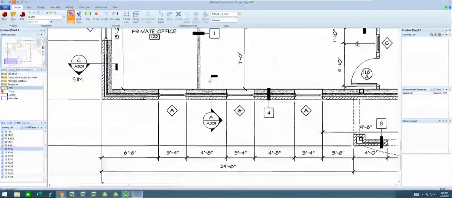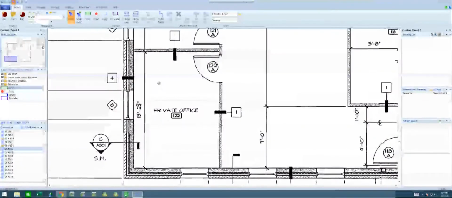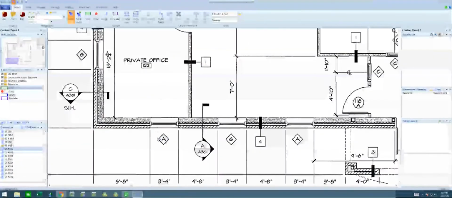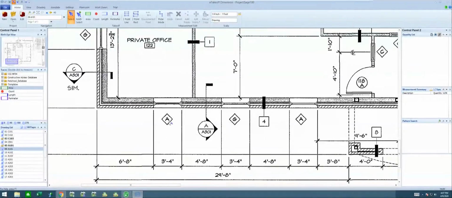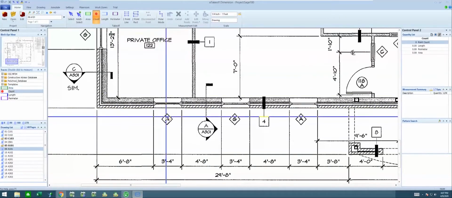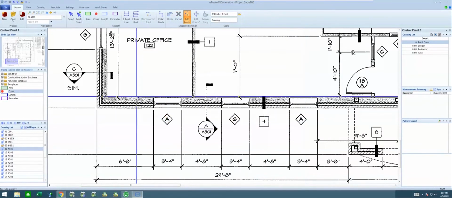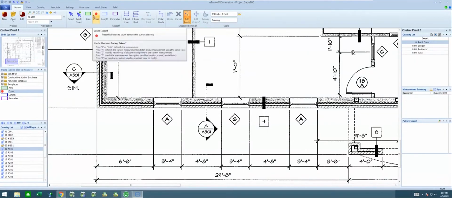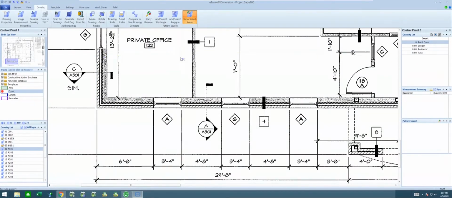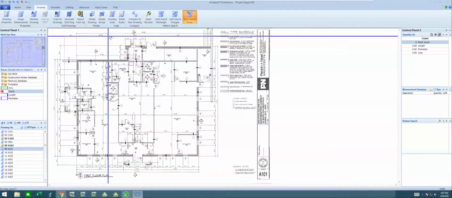And if you notice in this particular image, I've got these window references where I've got some window A's and G's and some more G's and so forth going along. So what I want to do is look for this symbol and actually do the takeoff associated with these windows. We're going to use the count to do that. And if I use count, I could go through there and say 1 and 2, and if those were the same ones, I just go through and click, pretty basic. But what I want to really focus on is something under drawing where I can actually search for a symbol or that type of an object and so forth.